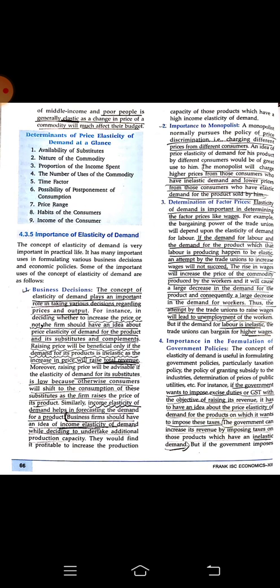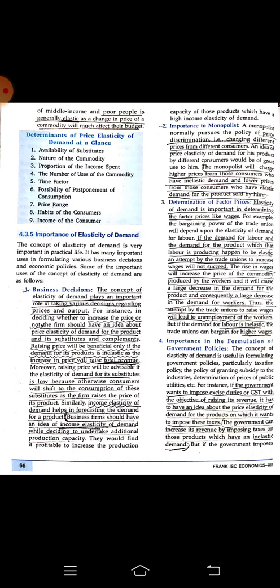Importance in the formulation of government policies. If the government wants to impose excise duties or GST with the objective of raising its revenue, it has to have an idea about the price elasticity of demand for the products on which it wants to impose the taxes. So the government has to be